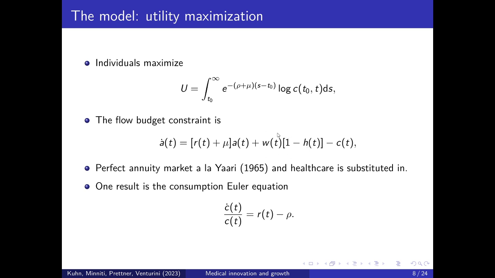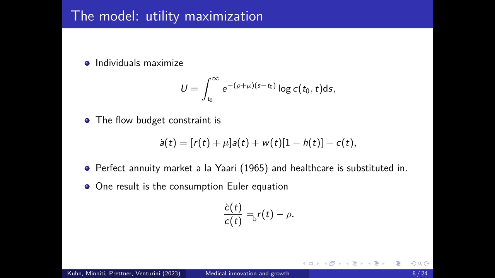Then we have wage income, which is the wage income that somebody would earn if they supply the whole available time on the labor market. But we already substitute in healthcare, so we can write this such that healthcare investments show up here in the budget constraint as if they were time investments of a person. So that's then labor income. And if we subtract consumption expenditures, we get total savings. Total income minus consumption expenditures is saving. If that is positive, then assets accumulate, so they increase. If it's negative, then assets decumulate, the time derivative is negative and assets decrease.